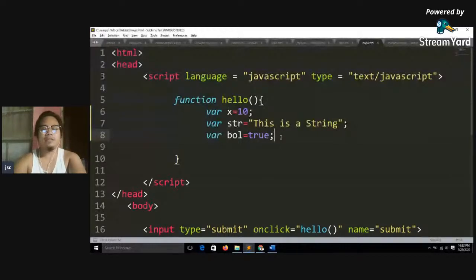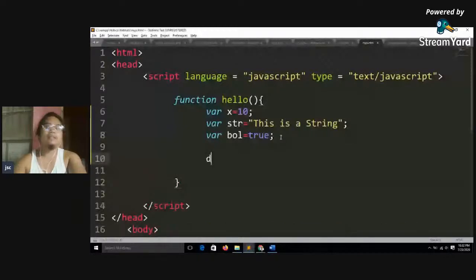It's your choice. Okay, so paano ba natin i-print itong values? Okay, and you just have to make a document.write, and then